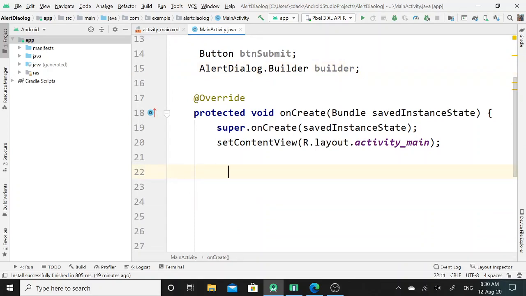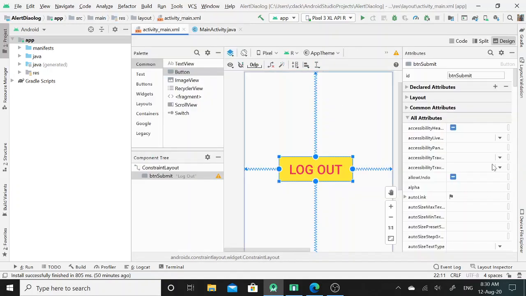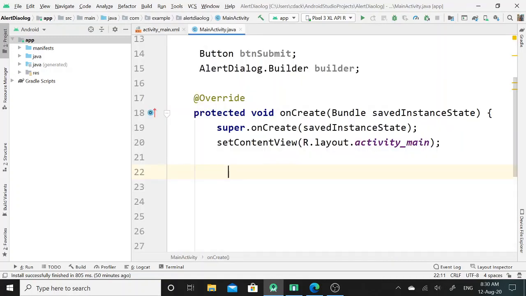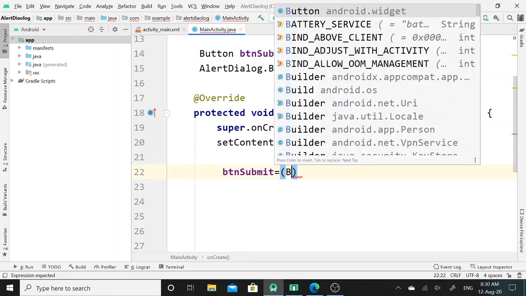Now in onCreate method, I will assign this btn submit ID of button UI widget to the btn submit reference of this button class. So here I will call btn submit reference of button class. Now I will apply typecasting methodology.